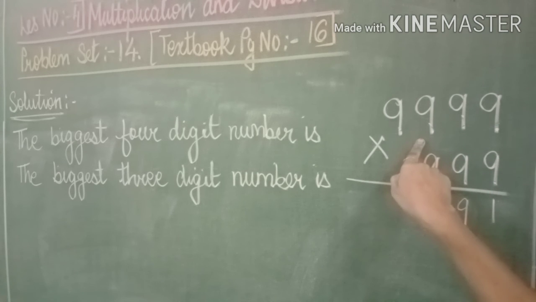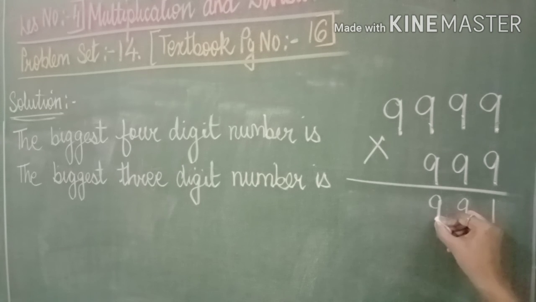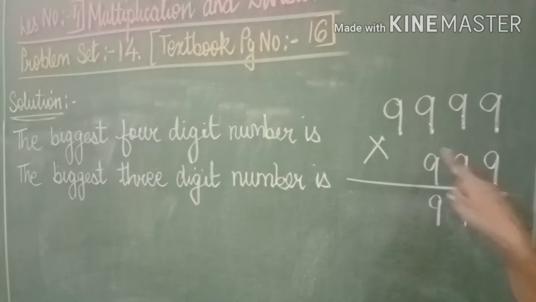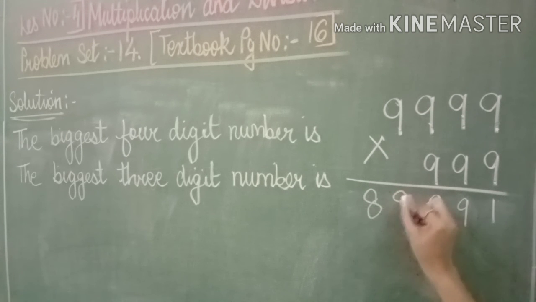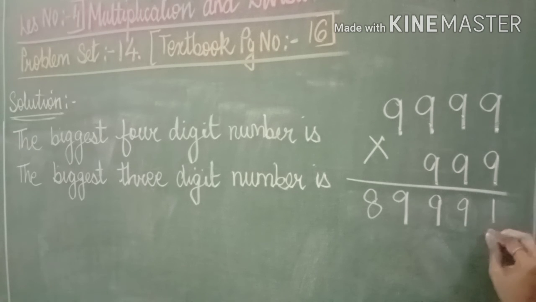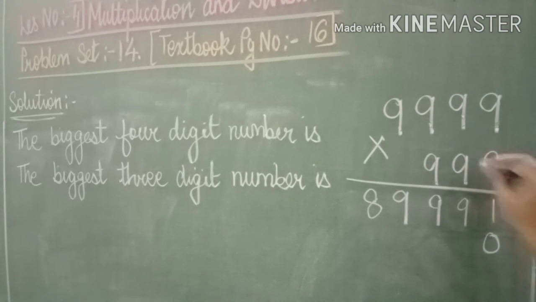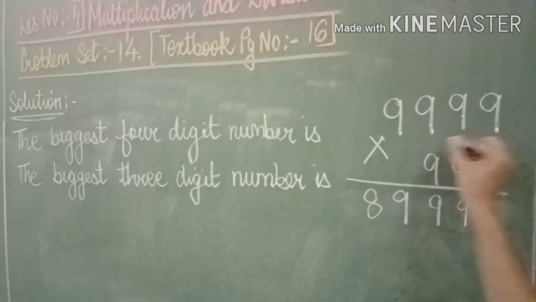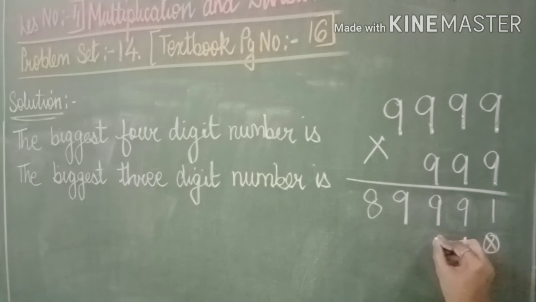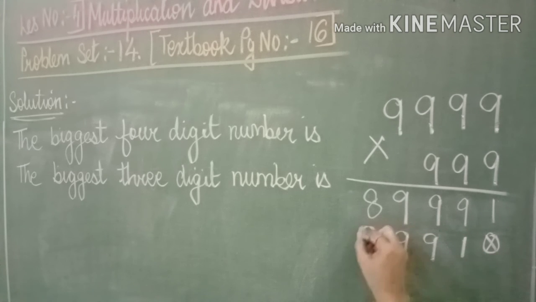9 nines are 81. 81 plus 8 becomes 89. 9 down, 8 carried up. 9 nines are 81. 81 plus 8 becomes 89. So we have got the answer as 8. Now 9 is standing in the tens place. So we are going to write over here 0. And we are going to write the same numbers because numbers have not been changed. So we will be writing 1 here, 9, 9, 9, and 8.